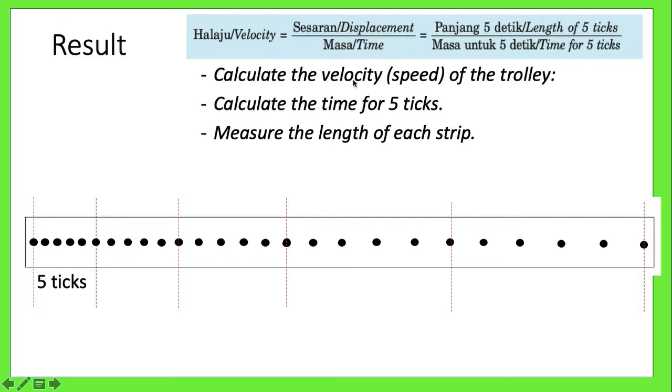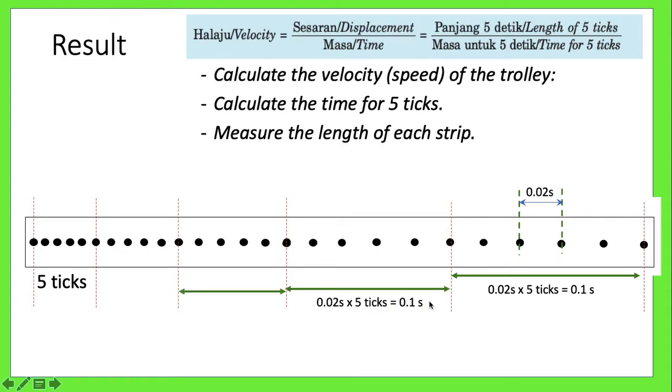To calculate the velocity or the speed of the trolley, we must know the displacement and the time taken. Displacement here is the length of the 5 ticks and the time taken here will be the time taken for 5 ticks. Remember in early lesson, ticker timer makes 1 dot or 1 tick in just 0.02 second. Therefore, 5 ticks will equal to 5 times 0.02 second. This makes the time taken for 5 ticks equal to 0.1 second regardless the difference in distance or in